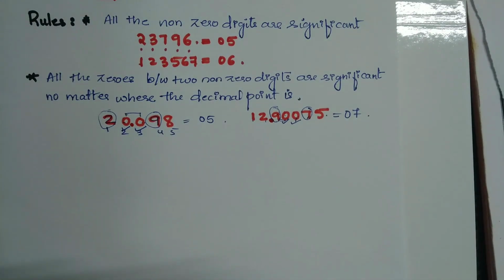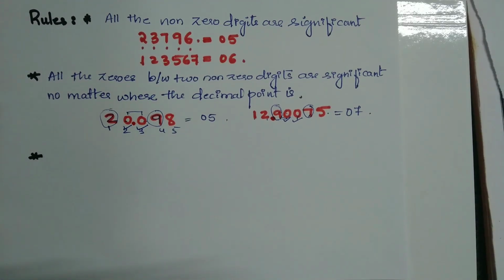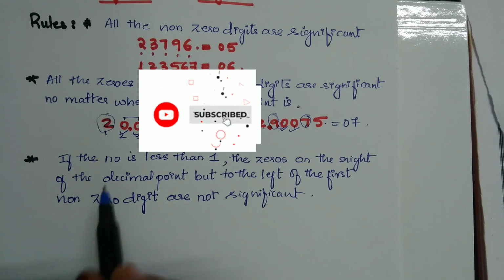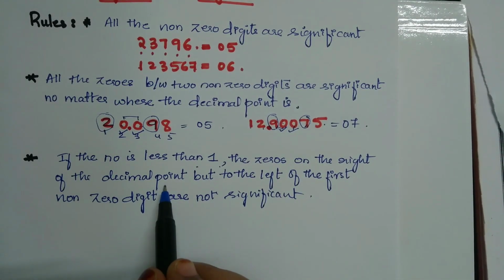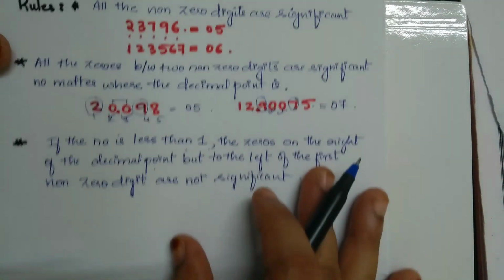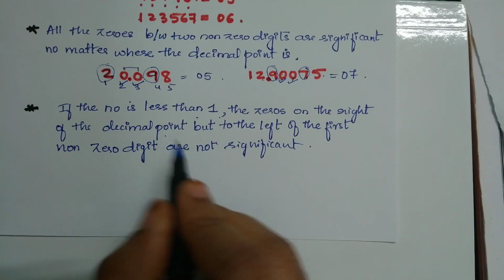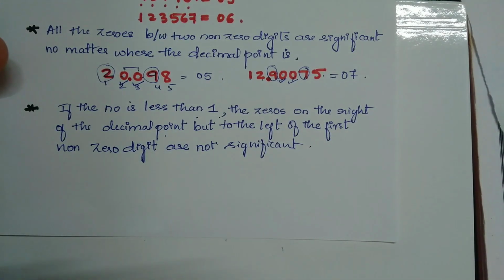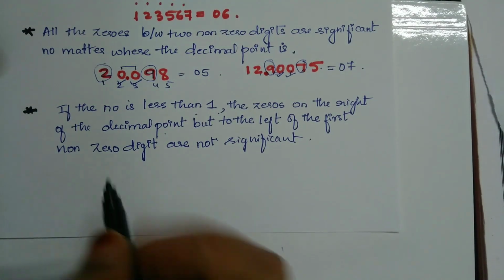Let us move to the third point, that is third rule. We have, if the number is less than 1, the zeros on the right of the decimal point but to the left of the first non-zero digits are not significant. So by looking at the rule you might get confused. You think it is not easy to understand, but it's very easy. Let us understand it with an example. Suppose we have